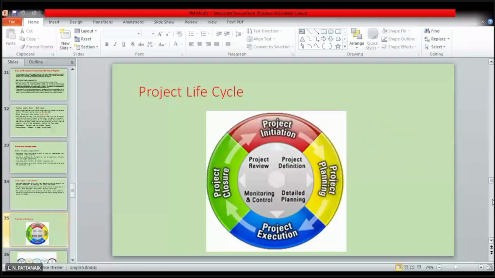Project life cycle part, and you rightly said a project will typically have these 4 stages in its life cycle: project initiation, project planning, project execution, and project closure. As the name suggests, you can easily understand what the possible actions or activities in these various stages of a project can be. So let us discuss these things in detail.